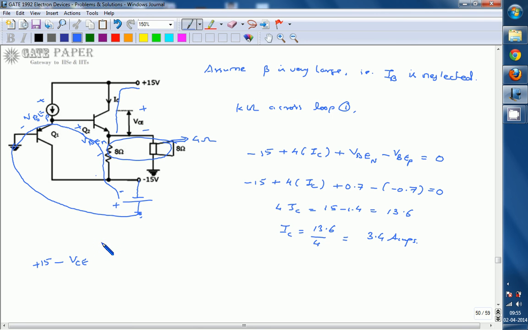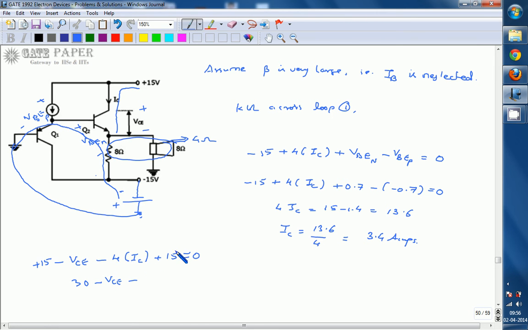VCE minus 4 times IC, next plus 15 is equal to 0. As you go, it is minus 15, right? So how much you get is 30 minus VCE